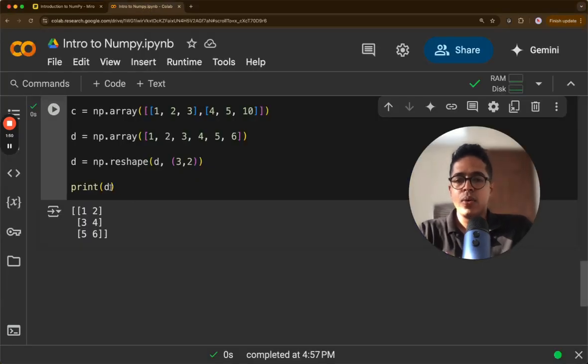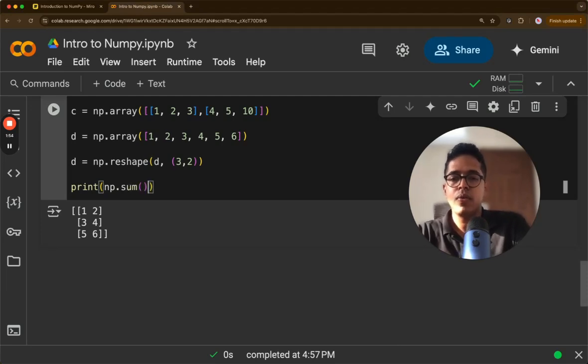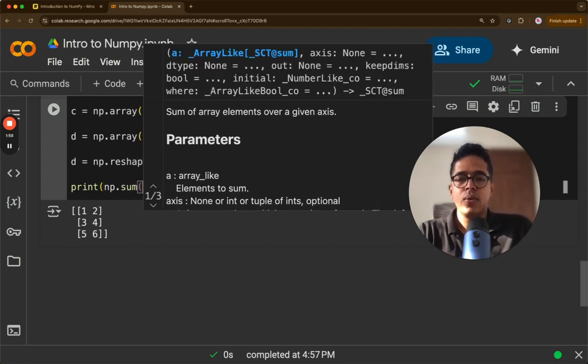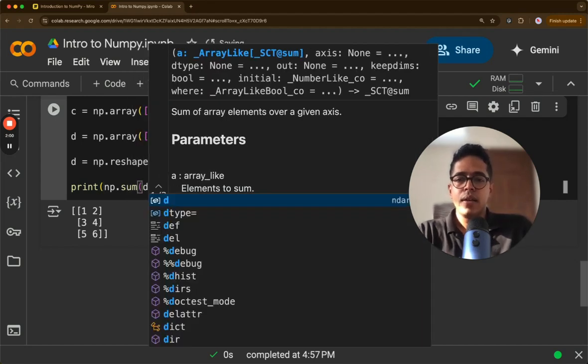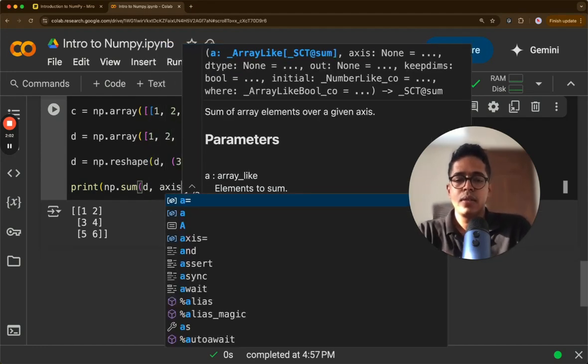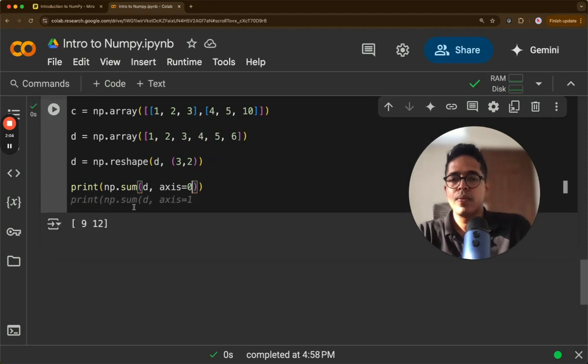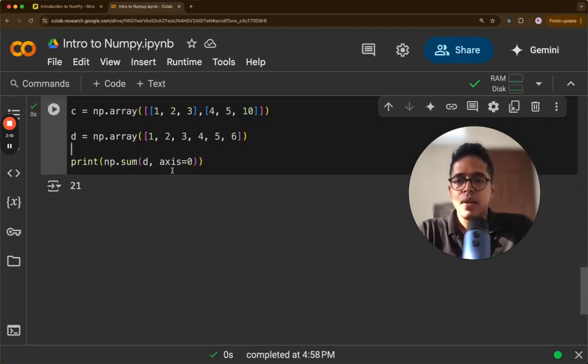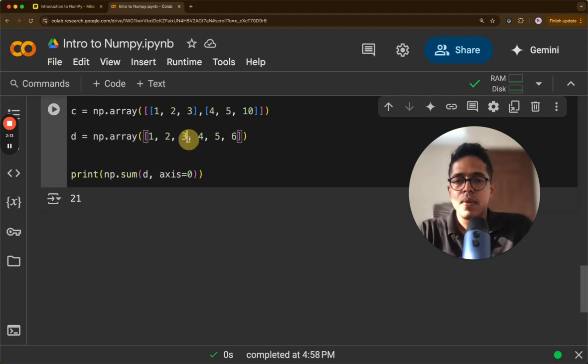So what we can do is print np.sum of D comma axis equal to 0. First of all, let me remove this part and